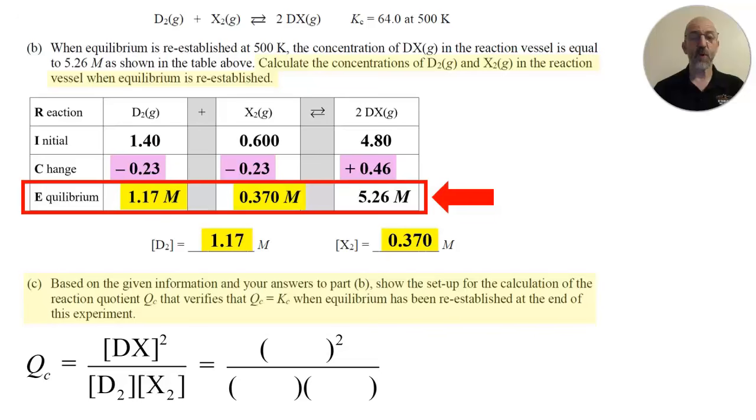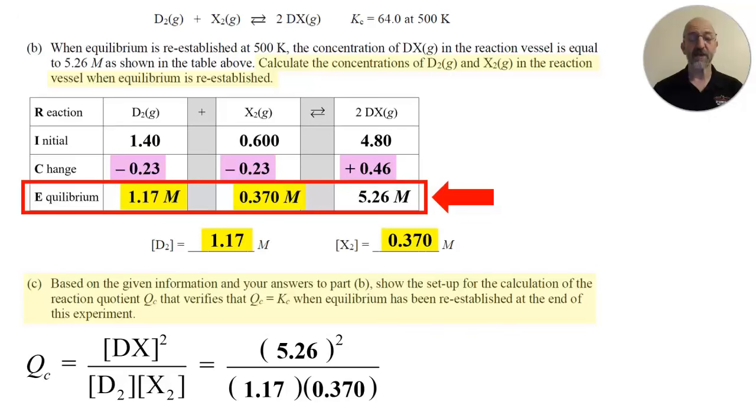So that would be 5.26 molar in the numerator for the concentration of DX, 1.17 molar and 0.370 molar in the denominator for the concentrations of substances D2 and X2 respectively. Now when I pick up my calculator, I'm hoping to get that Q equals K, which equals 64. It's possible that I will get 63.9 or 64.1, but my value should be relatively close to 64, indicating that